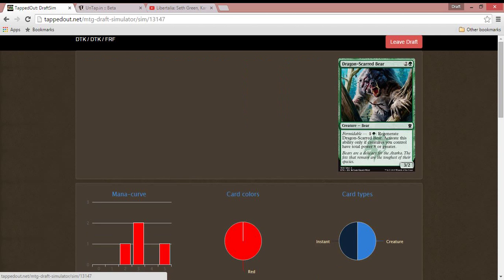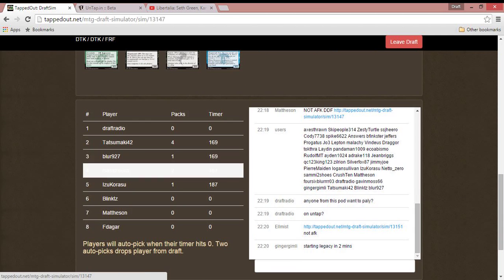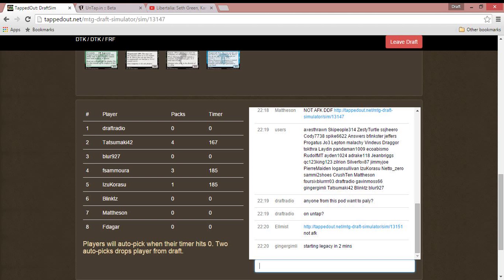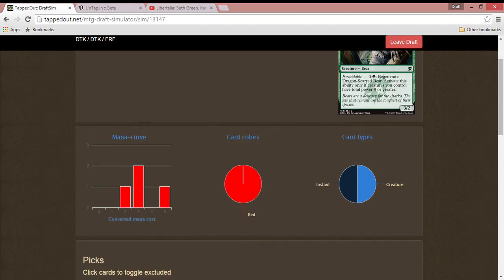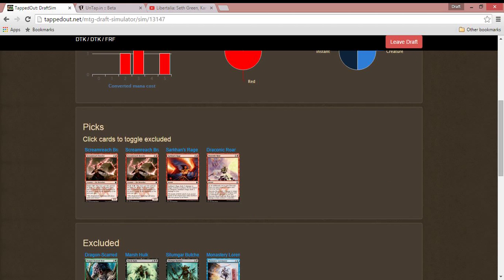Hey, guys. I'm taking Dragon Scar Bear because it's a bear. And bears are good. Plus, there's literally nothing else in that pack. Good to know that Treadupon is in the pool somewhere, but...